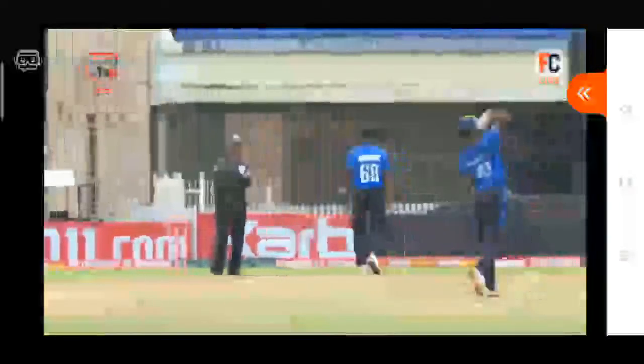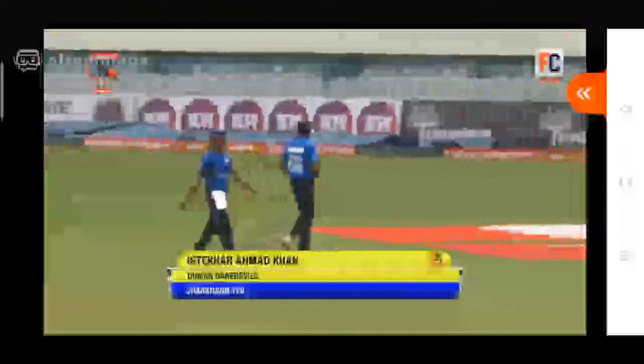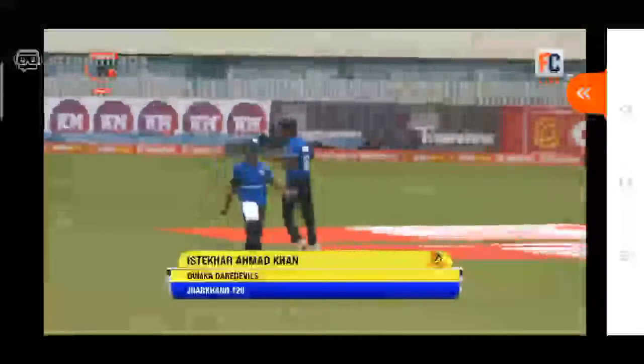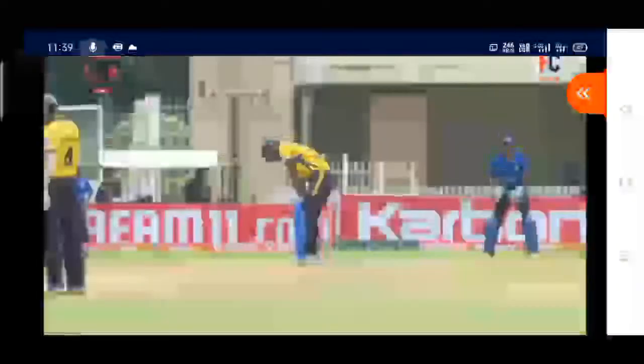Wide of the off stump, to be declared a ball. And the copybook style made off for 4 stumps. This is the second match, and